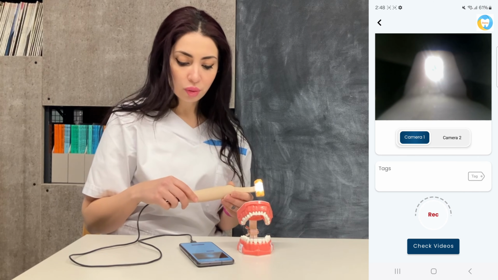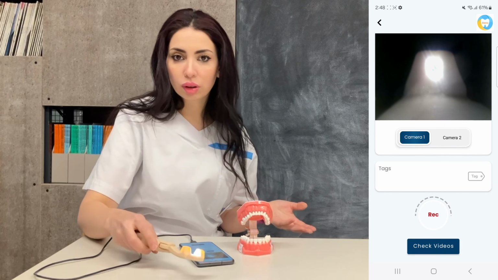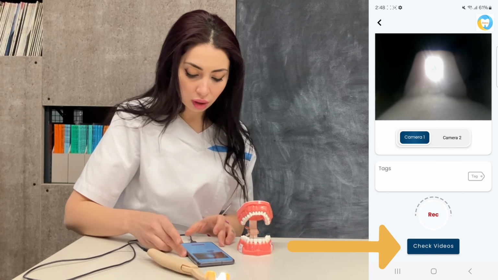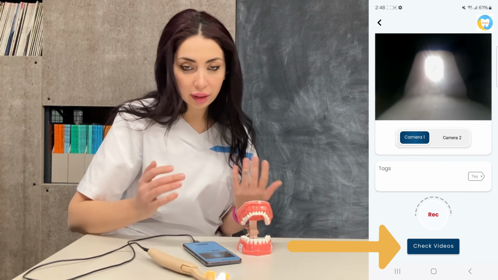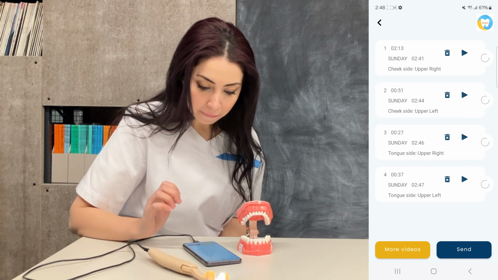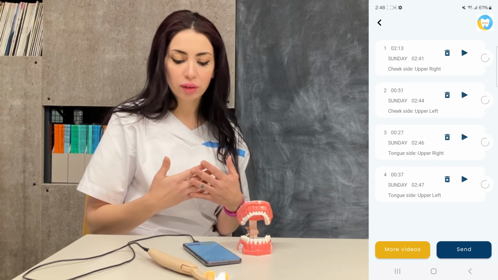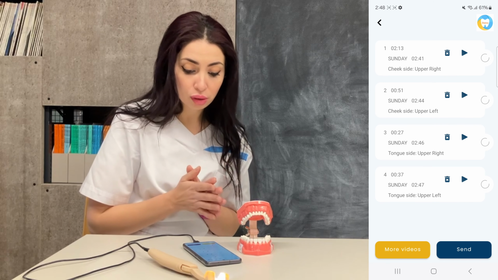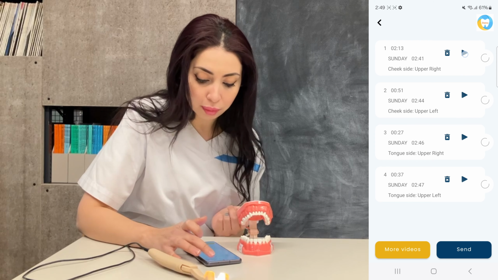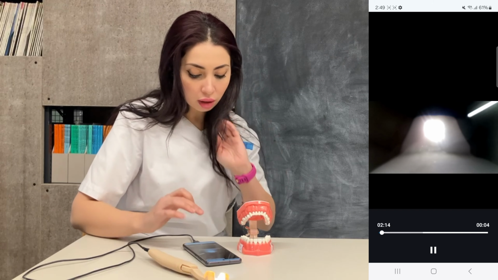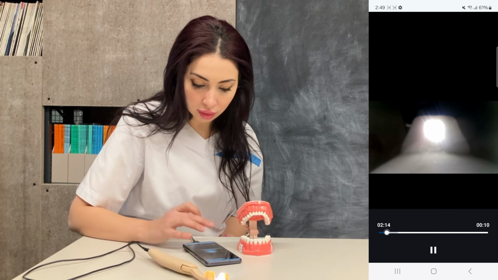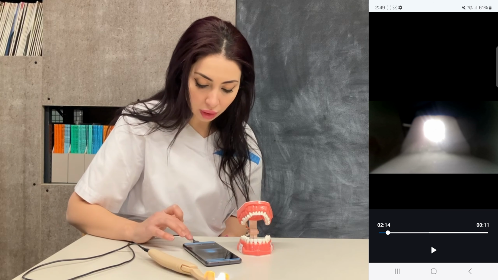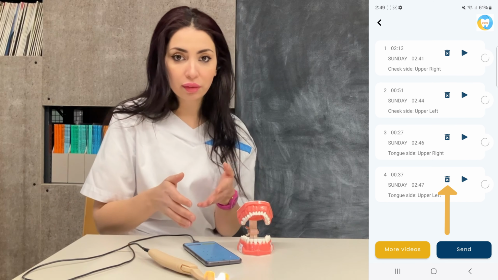Okay, so now after finishing recording all of the videos, you have to select check videos, because here you will then have three choices. First one is, if you want to play the video, you have to check what you recorded. You can do anything here while you are checking the video, and then you can delete a video if you,